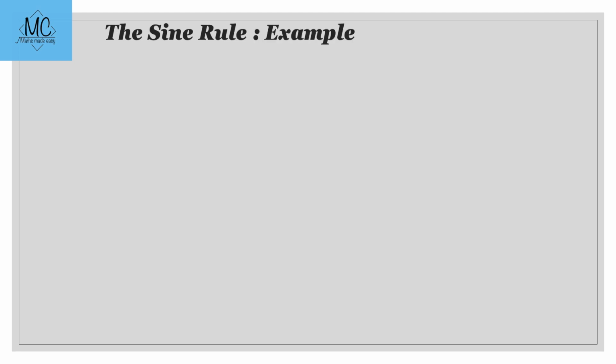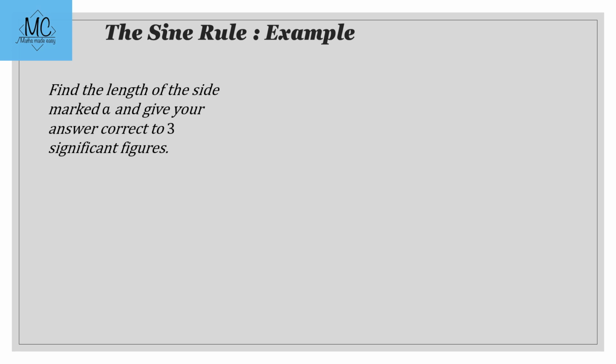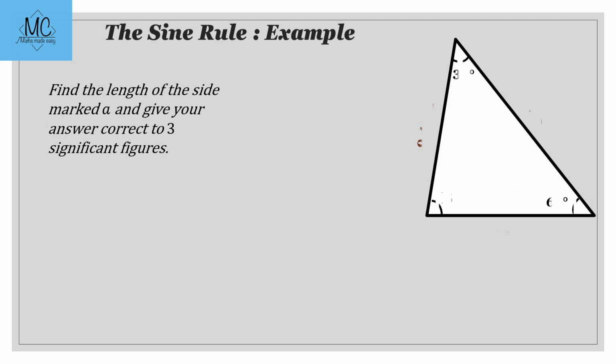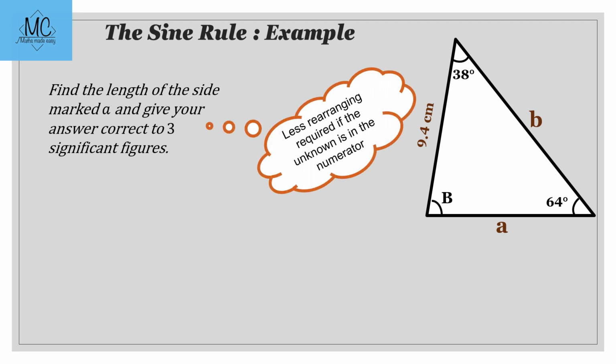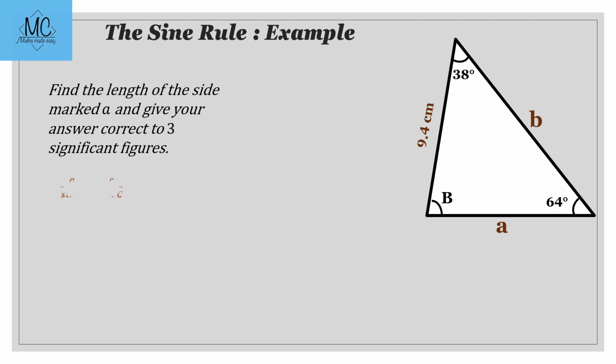So here is an example for the Sine rule. The question is asking: find the length of the side marked a, and give your answer to 3 significant figures. The question is saying that we have been given 2 angles and 1 side, so we have to find the third side. So the formula will be a over sin A equals c over sin C, and we put in the values given in the question, and then we find the